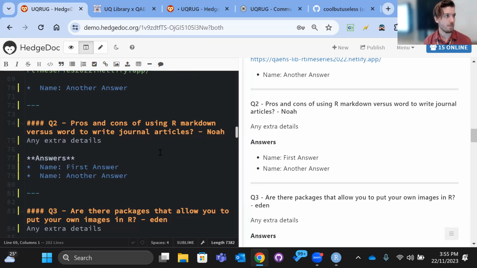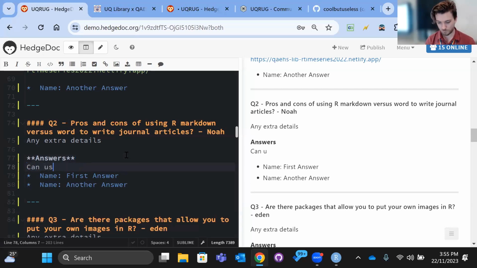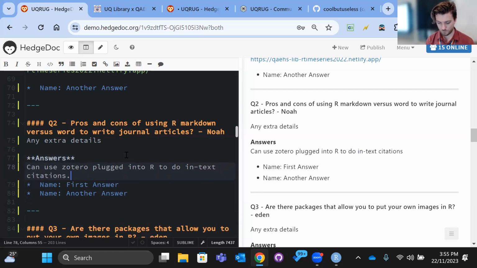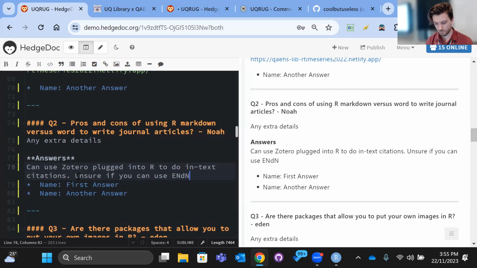Has anyone done such a thing with those guidelines, in particular with APA 7? I think you can use Zotero to do all your in-text citations. You need Better BibTeX. There's some other plugin you need to make a unique code for each one of your Zotero entries. Zotero is like an open source EndNote or Mendeley. I don't know if you can use EndNote or Mendeley. You can use a plugin for RStudio. With Zotero you can do it, but you need to have another plugin, which I can't remember, like Better BibTeX or something.